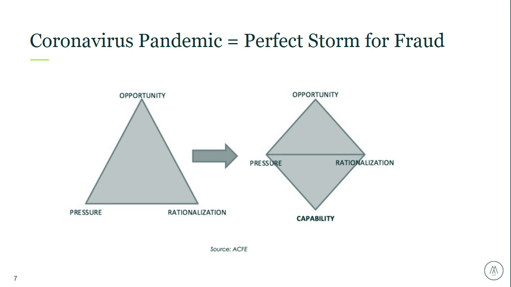And the fraud triangle really states that 3 factors generally must be present in order for a person to begin committing occupational fraud, and that's pressure, opportunity, and rationalization. And in recent years, capability was added due to the fraud diamond. In times of economic crisis, employees' personal financial pressures tend to rise, which is often where the decision to steal from an employer begins.